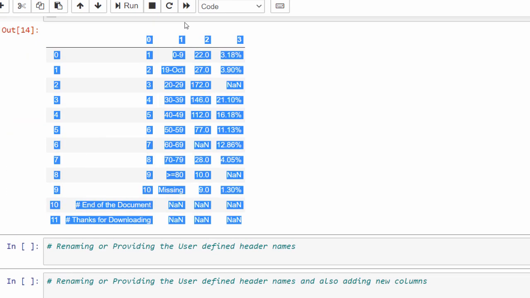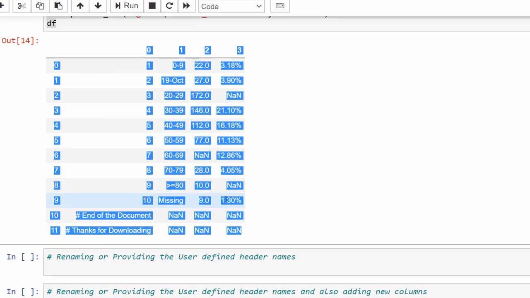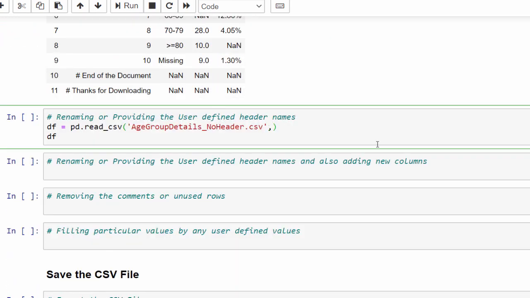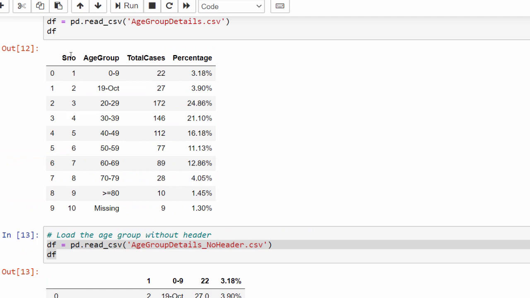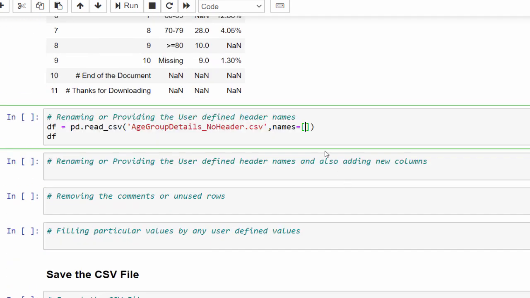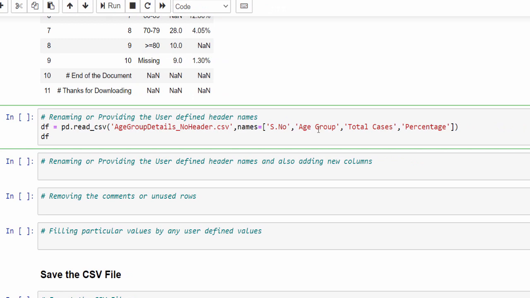Now I want to rename these particular column names. The argument for that is names equal to, and you have to mention the column names as a list. It's like serial number, age group, total case, and percentage. Let me give those values as a list. I just gave S dot number, and gave space for age group, total case, and percentage.